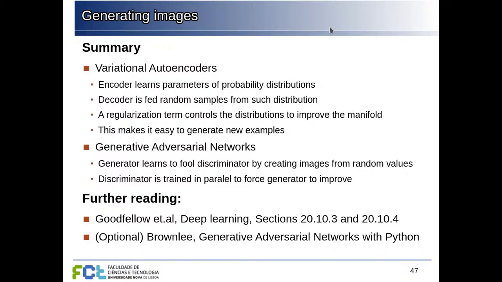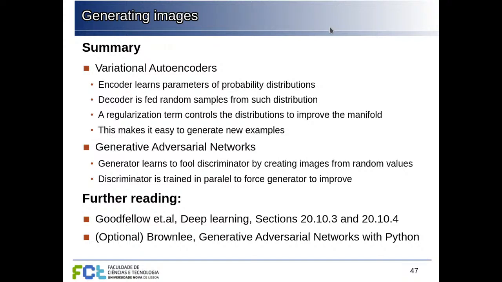Using a regularization term, the Kullback-Leibler divergence, we can force the distributions that we are learning to be close to some target distributions that we want. For example, independent Gaussians, and this helps make the manifold better behaved,